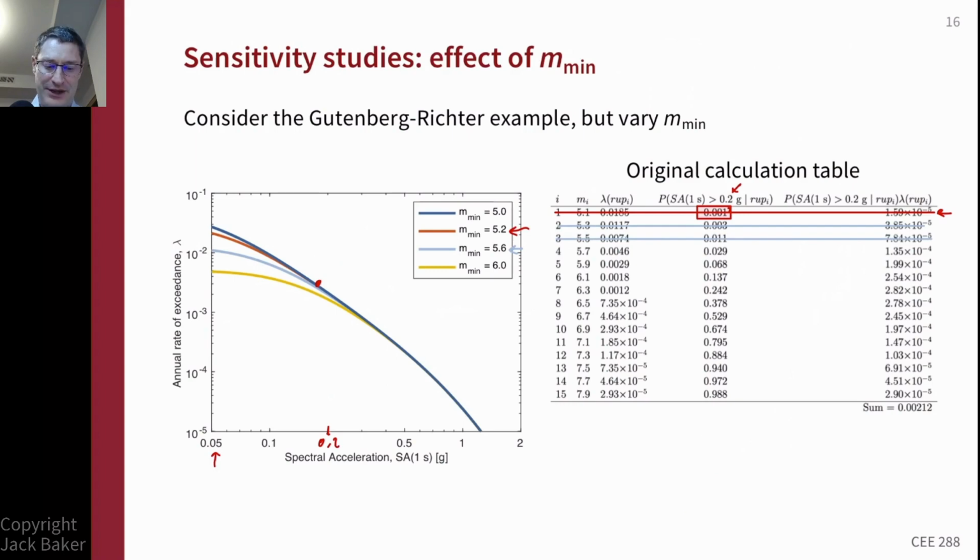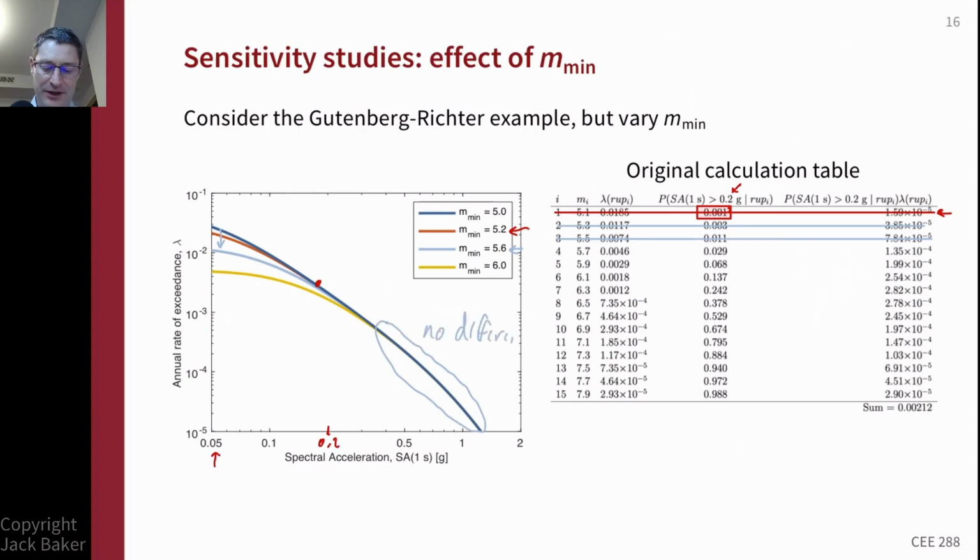That has a more substantial effect, and even up at 0.2, we can see the difference in the lines, but it's not very big. At the lower intensity levels, it does make a difference because we cut out a bunch of these frequent earthquakes that do have a chance of causing an exceedance, and so on. We can go up to 6 and start seeing things drop off. So first of all, we see that over at the larger ground motion amplitudes, there's no difference here, really,